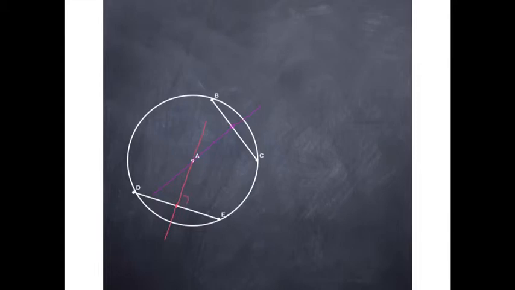Okay, so you have the perpendicular bisector of that chord, and you have the perpendicular bisector of that chord. Now, if you remember the theorem you learned that said if you have the perpendicular bisector of a chord, so